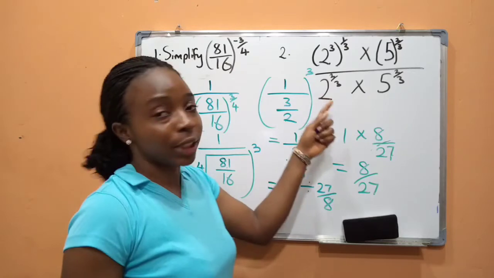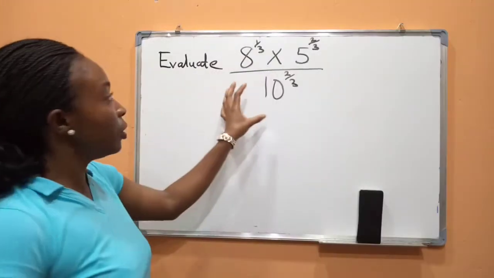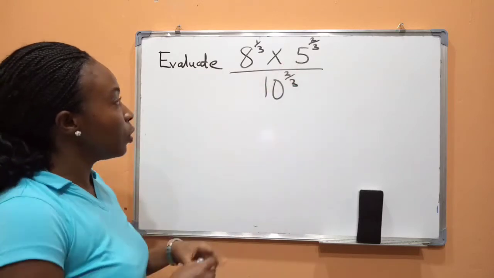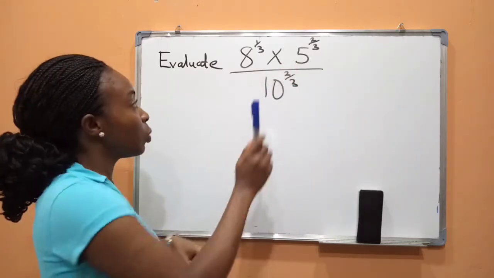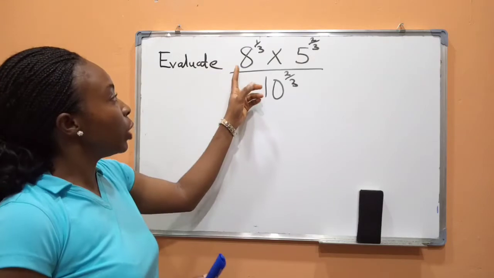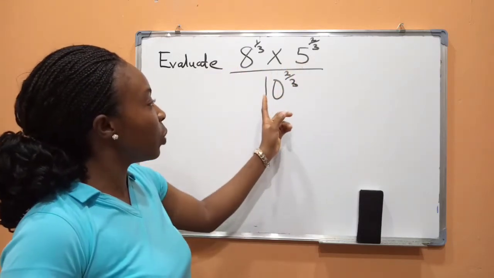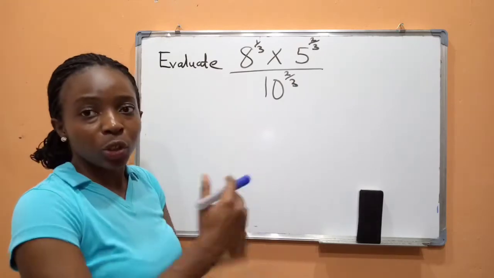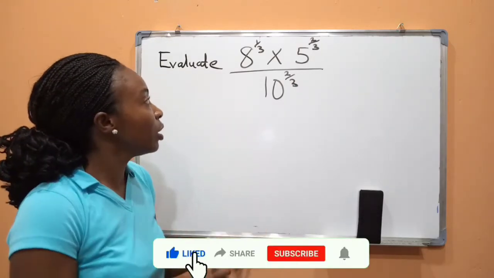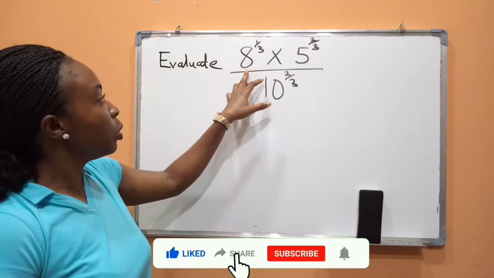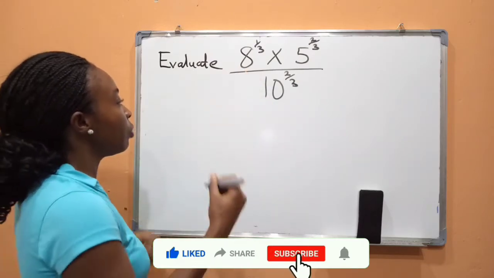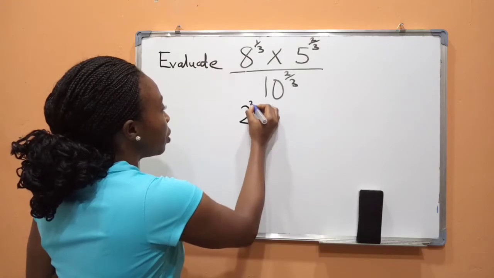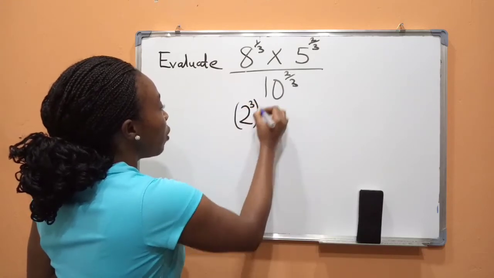Let's take a look at the second example. First of all, let's observe the bases. If you look at the bases, you're going to notice that we have different bases. We have base 8 here, we have 5 here, and we have 10 here. So the first thing we want to do is to break it down so that we can have the same base. Breaking it down, 8 becomes 2 cubed, then raised to the power of 1/3